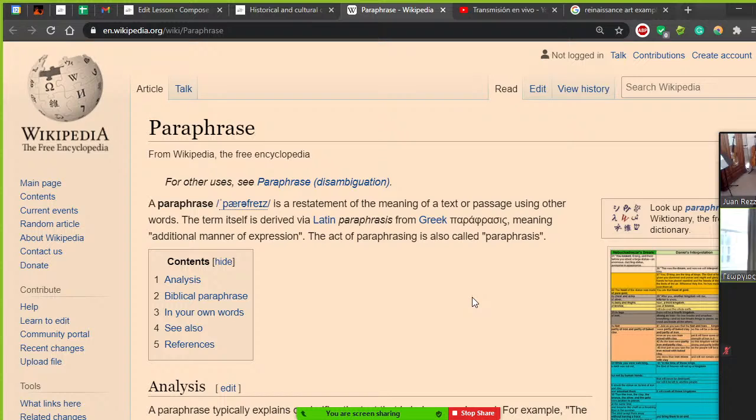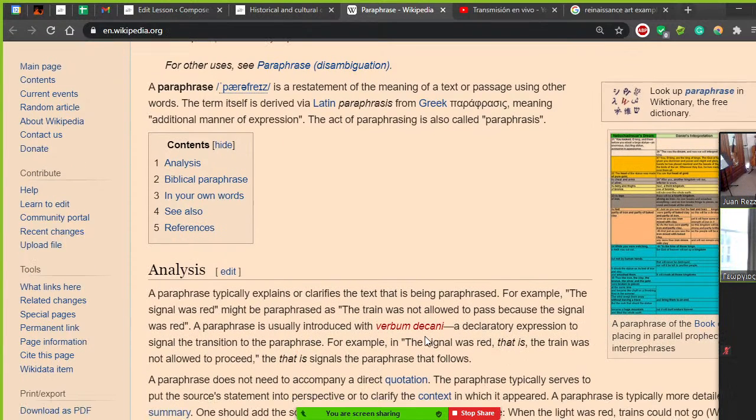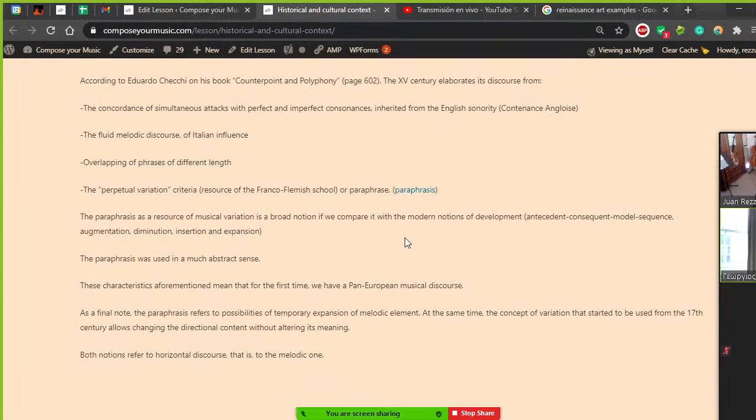So phrasis is expressing, let's say, or saying. Para is like different, saying something differently. There you go. This paraphrasis is extremely important in the Renaissance period. It started in the Renaissance, and we're going to see why. The paraphrasis as a resource of musical variation is a broad notion if we compare it with the